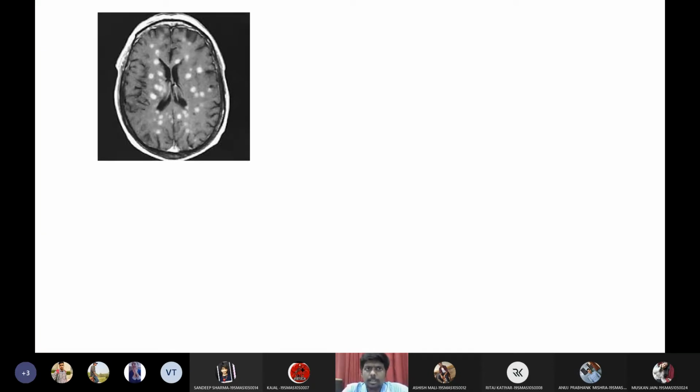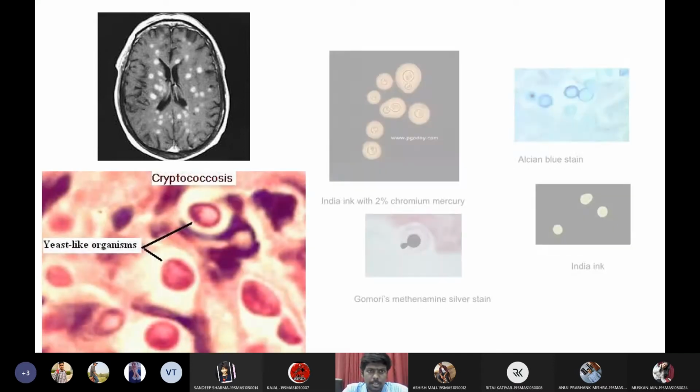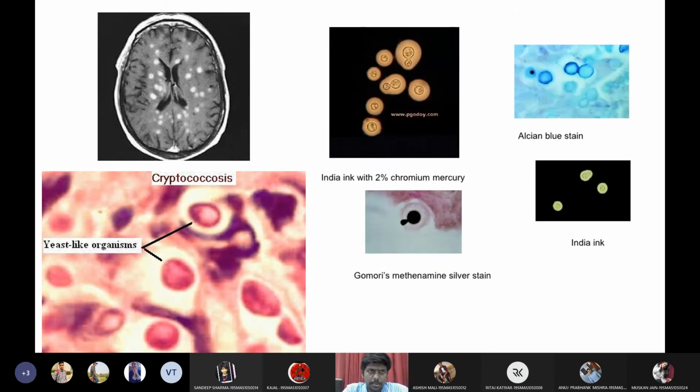So it will literally eat your brain alive, and the patient will go into a coma, and the patient may go to death. Okay, brain dead. So one of the deadliest fungus-mediated systemic infections. Okay, so that is caused by our Cryptococcus neoformans, and this Cryptococcus neoformans is a capsulated fungus. That means its capsule is made up of mucopolysaccharides, and it is really challenging to stain mucopolysaccharide membrane containing